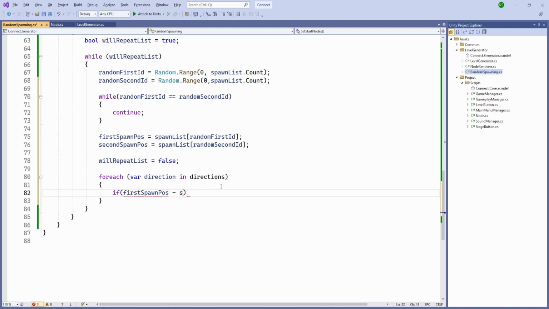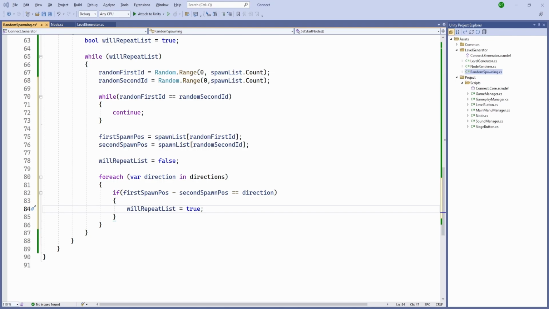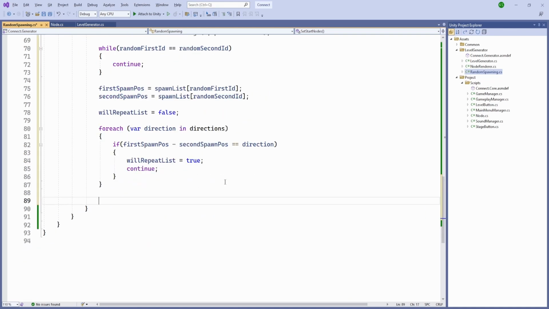first spawn position minus our second spawn position is equal to direction, that means both are neighbors, and will repeat list is going to be true. So it will be set to true, and the list will repeat again. And if the list is going to repeat, then we are not going to do anything, and let's set the continue. But if it is not going to repeat, then at the end